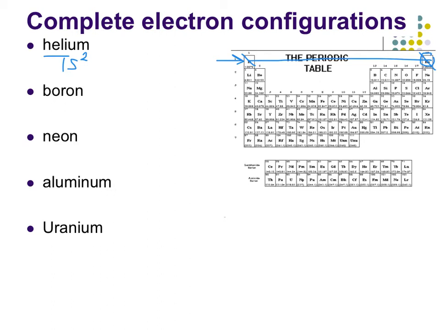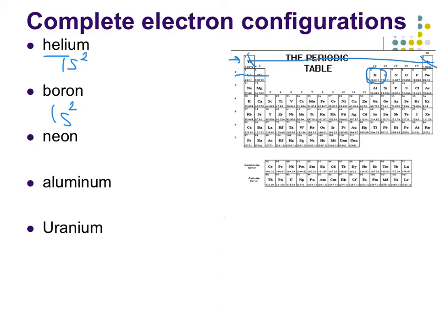Let's try one a little bit longer. Let's do boron. Again, the first thing that you want to do is find boron on the periodic table. Now we're going to start up at the top. Just like last time, we go through the 1s and we go through both boxes. So we'll use the 2. Now you're going to go to the second